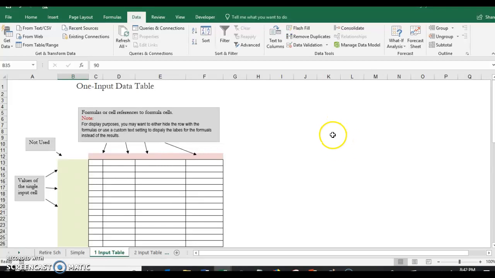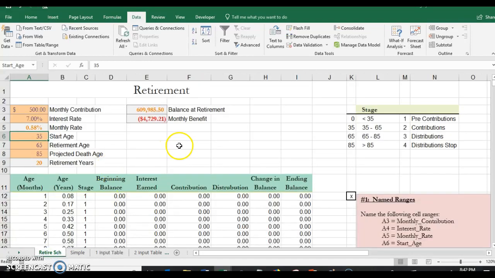This video will demonstrate how to use a one-input data table in the context of the retirement plan. The original reason I came up with this retirement schedule, honestly, was just personal financial planning years ago on my own retirement planning. To help me know how much I would need to have in retirement, or how much I would get under different scenarios, I developed a spreadsheet and have tweaked it over the years, just in terms of how it works,